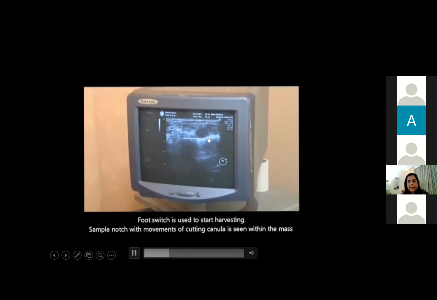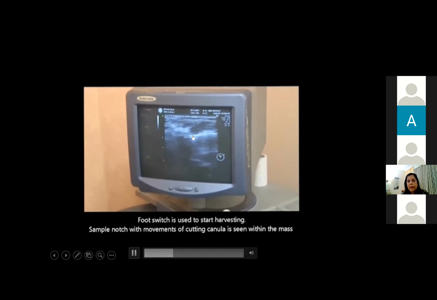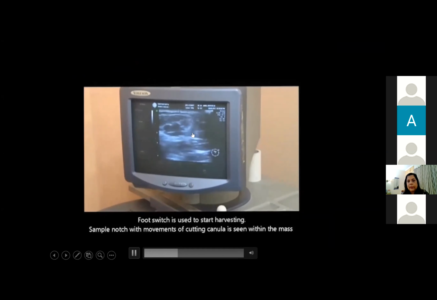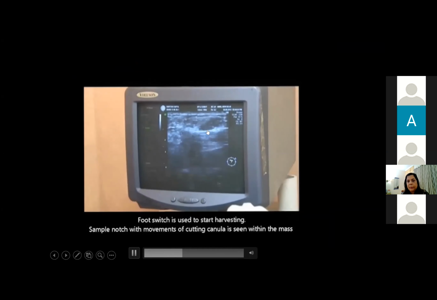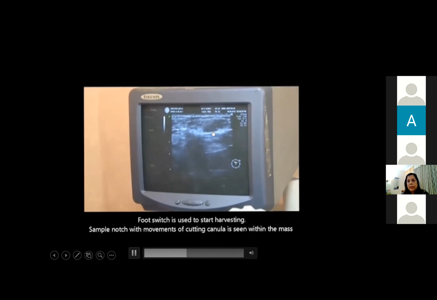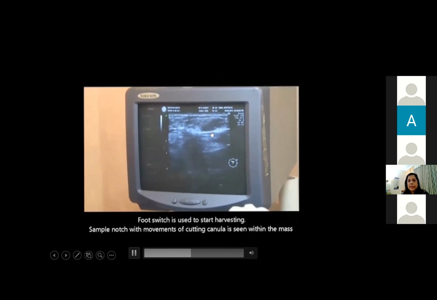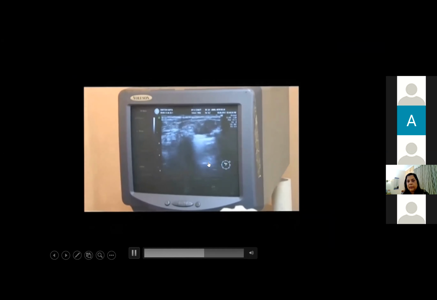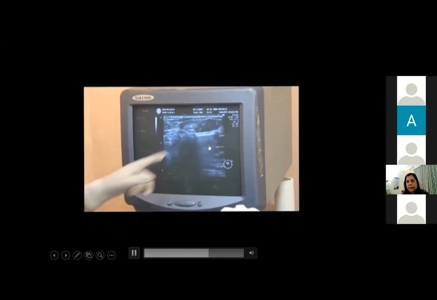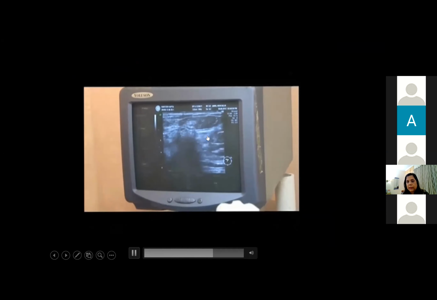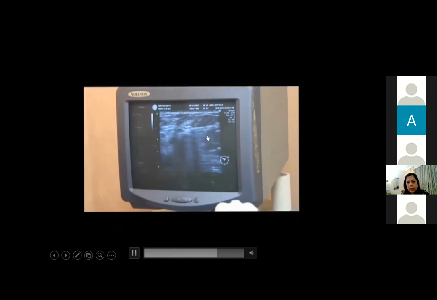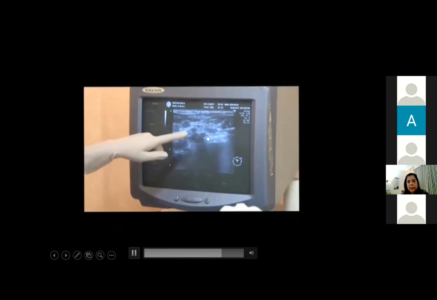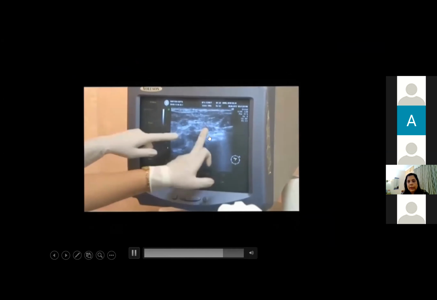The only difference is that you have a thicker needle, larger cores, and you don't need to remove the needle. You can take multiple cores with the same insertion. So simply, you put the needle posterior to the lesion, because if you put it in the middle or anteriorly, there will be a lot of shadowing and ring artifacts from the thick needle and the holes in the trocar. So you need to put your needle posterior.